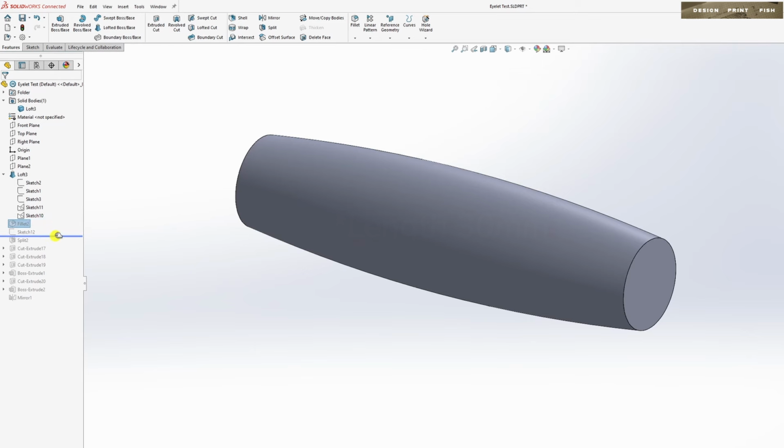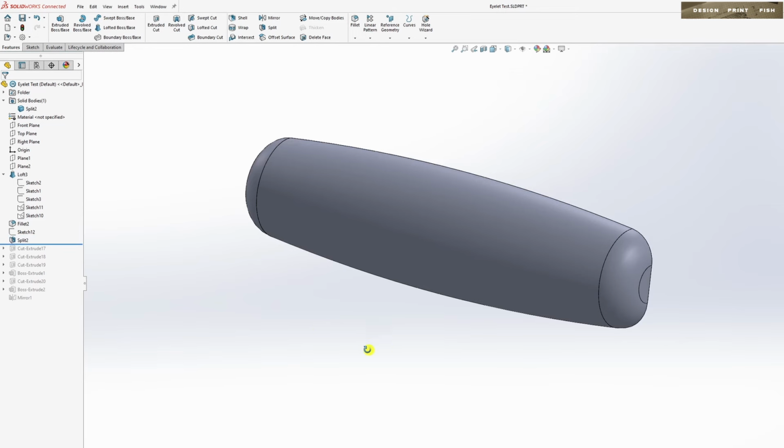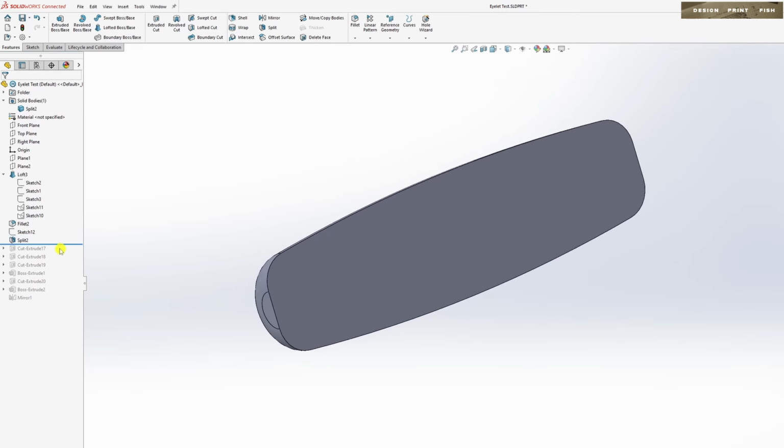A couple of fillets on the end, same as I would on the tail end of your lure. I then split the model and created the same eyelet cutout shapes that I used in my previous basic lure design episode. Then the pinholes,